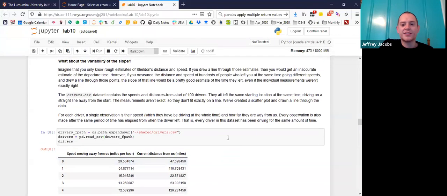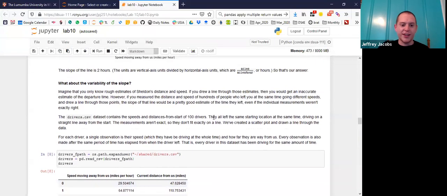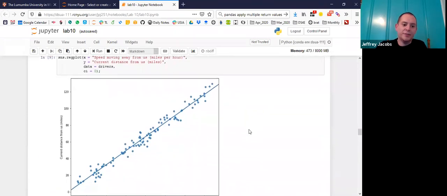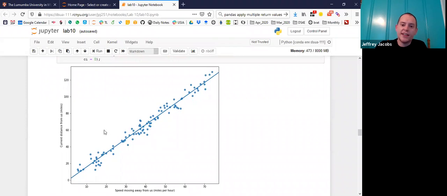So yeah, sorry, I should say I skipped over a lot, but now we have the speeds and distances from start for 100 drivers, right? They all left the same starting location at the same time, driving in a straight line away from the start. So they all started at exactly the same time, but we didn't get to observe what time they left. We only got to observe these noisy estimates of their distance from us and their speed when they're at that distance, right? They're noisy because again, someone